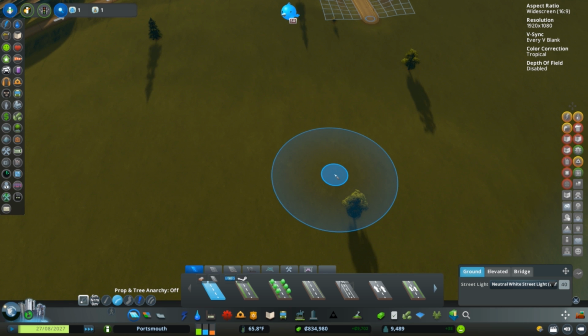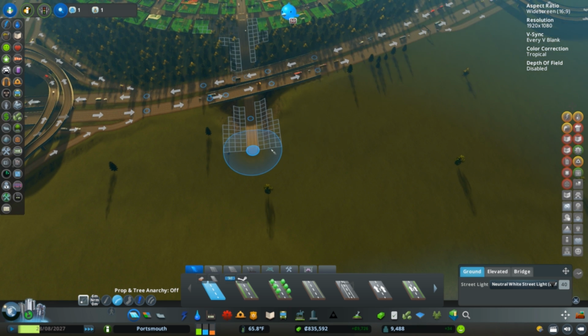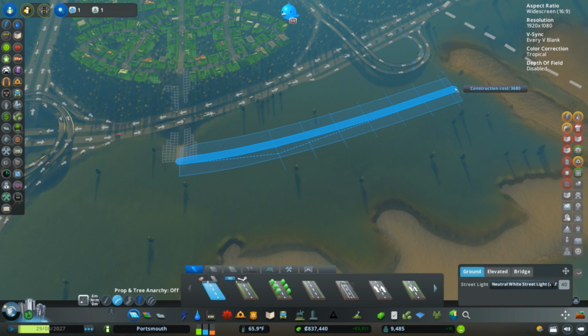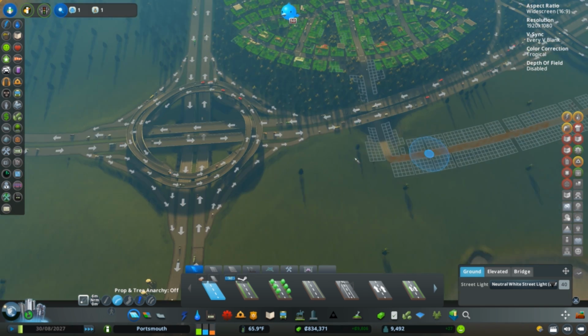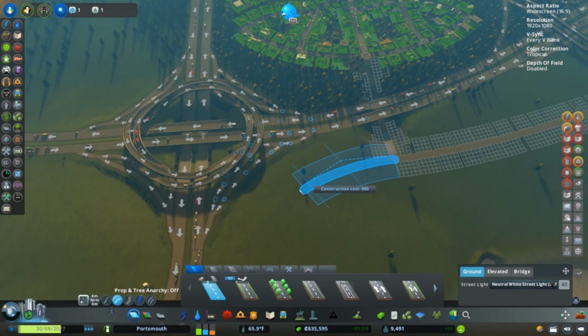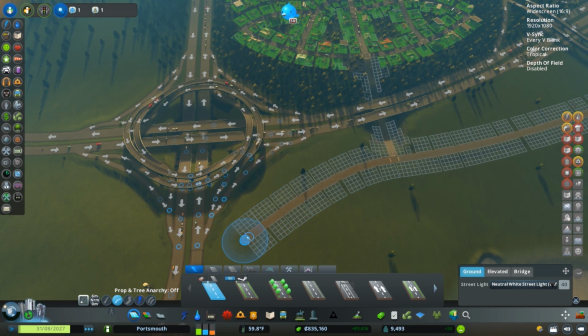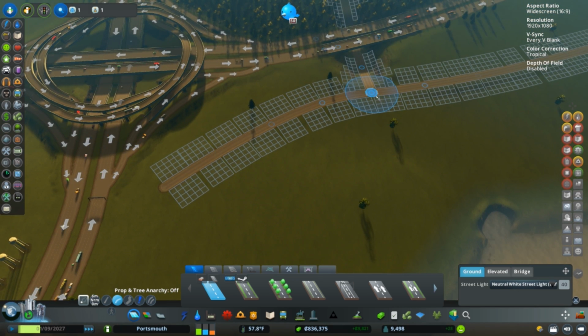So we'll come down here and we're going to do kind of our main avenue through this area. It's going to support most of the traffic. And we'll come up there. We'll do a little bit of a buffer so that we have some room between the highway and...